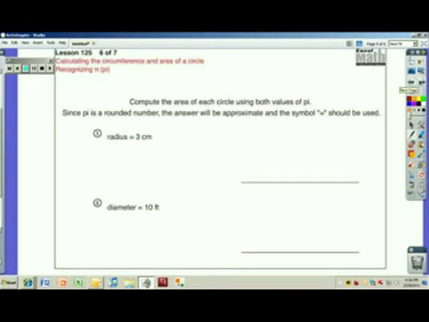Okay, I'd like you to pause the video, try numbers 5 and 6, turn it back on when you're ready for the solution. Good. So I'm going to multiply 3 pi r squared. So first let's square that. What's 3 squared? 9. So what am I going to do for my problem? 3.14 times 9. Good. So the area of my circle when the radius is 3 is 28.26. So area is approximately equal to, remember because we're using pi, it's a rounded off number,